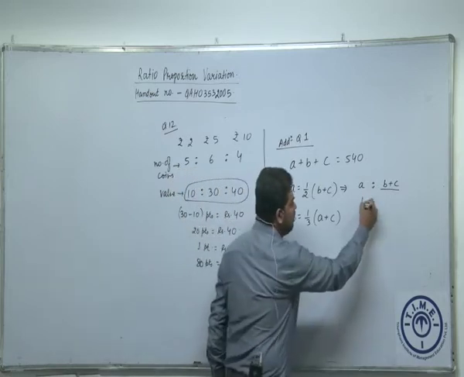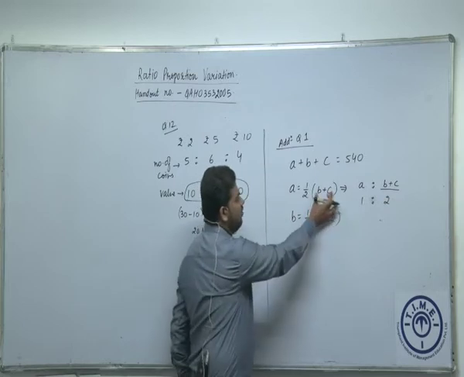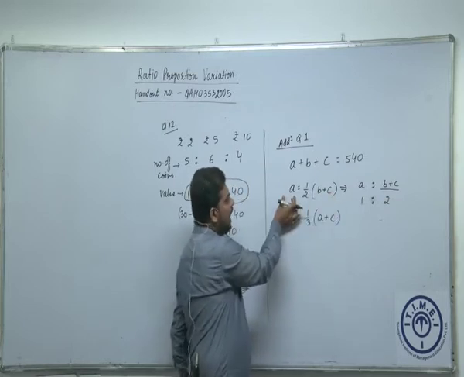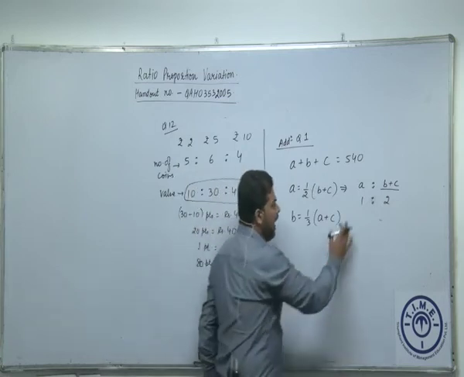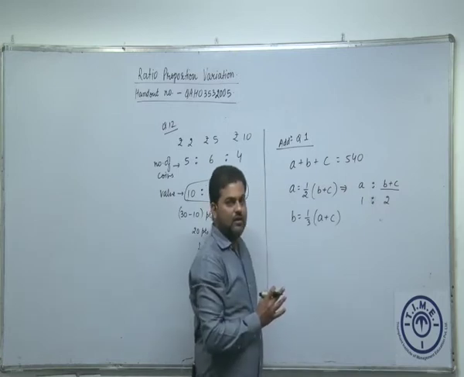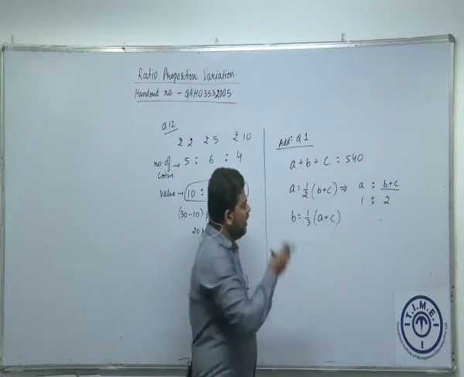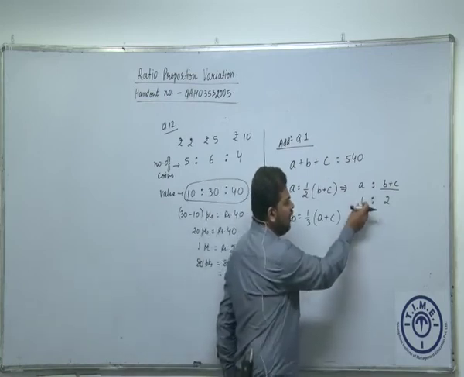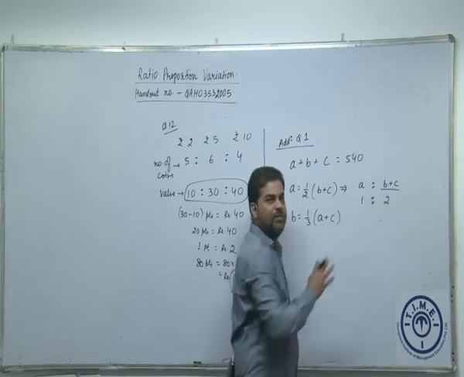Between what A got and what B and C together got, what is the ratio, if A is getting half of what B plus C got together? Can I say the ratio will be 1:2? Which you can see here itself. If I take B plus C in the denominator here, I'll get 1:2. And the total of all these 3 must be equal to which amount in the question? It must be equal to 540 rupees. It is already given.